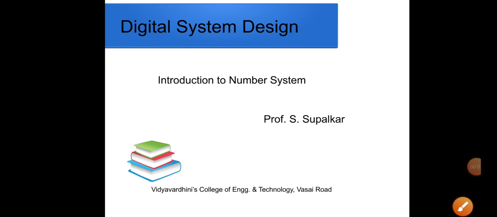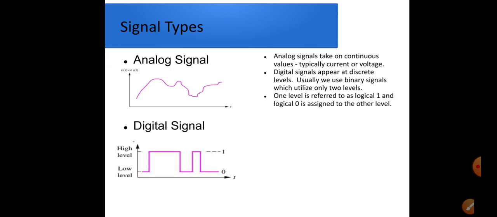Hello friends, hello students. Today we will see the first topic of digital system design, that is number system. How number system we can use in our day to day life. Generally we are following our decimal number system where we are using 10 symbols from 0 to 9. But for computer usage and for transmission of digital information, this decimal number system is not suitable. So that's why we must consider another number system.